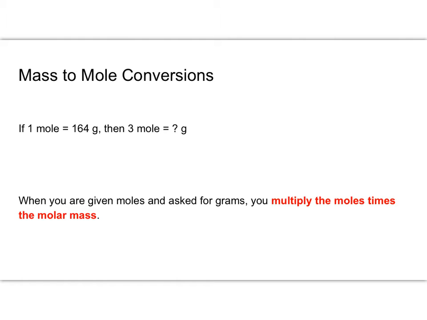Okay, let's say we have a reaction that requires 3 moles of sodium phosphate. Well, we know 1 mole is 164 grams. We just figured that out. So how many grams would you have if you have 3 moles? Well, that's 3 times as much as 1 mole, right? It's a proportion. So if 1 mole equals 164, then 3 moles equals 3 times 164, which is